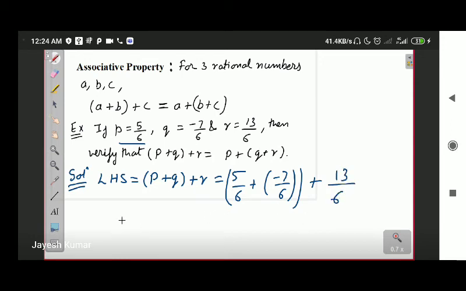Let's first of all solve the bracket. Okay, we already know in BODMAS, first of all, we solve the bracket. So as you can easily see, all the denominators are same. All three terms have same denominators. So first of all, we are solving the bracket. So inside the bracket, as the denominators are same, we write the numerator as they were.